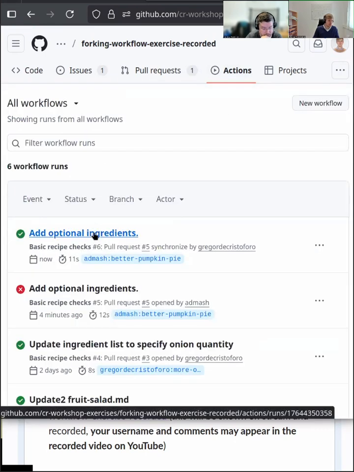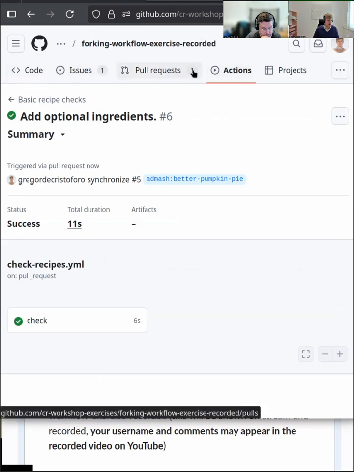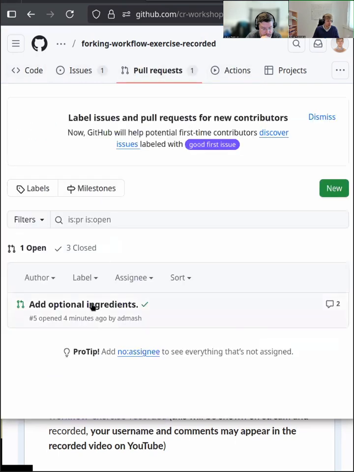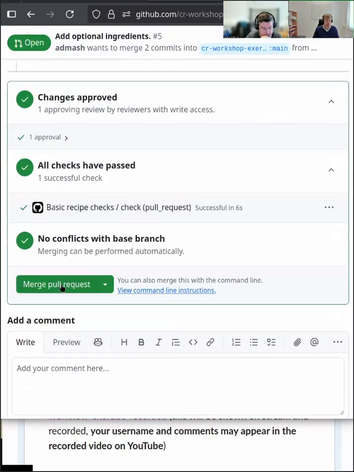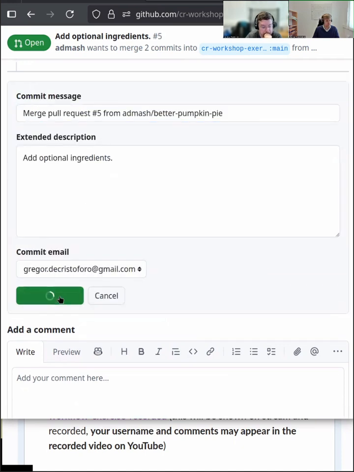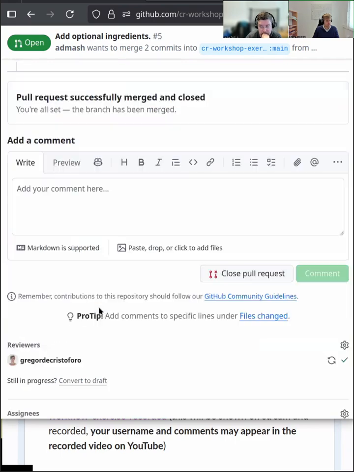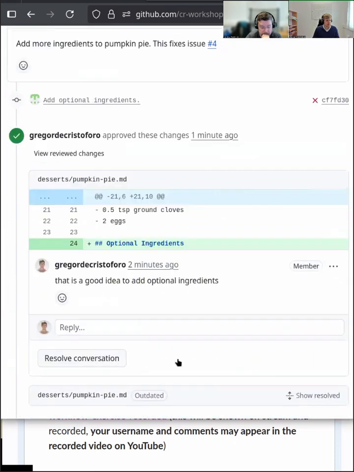So let's go back to the pull request. So I have to go back to, sorry, not from actions, I have to click on pull request, of course, go to this pull request, and now it can be merged. So now I can merge it. Okay.